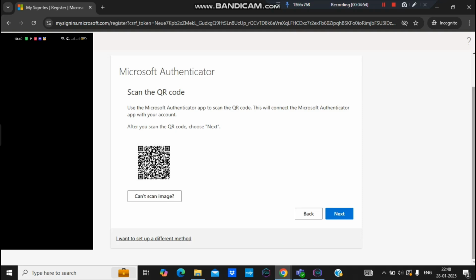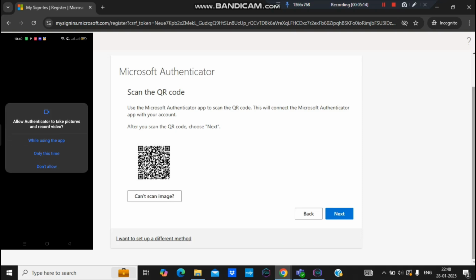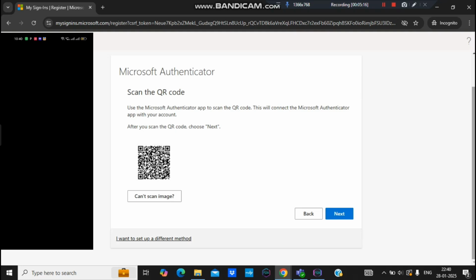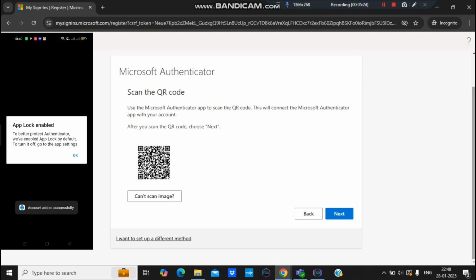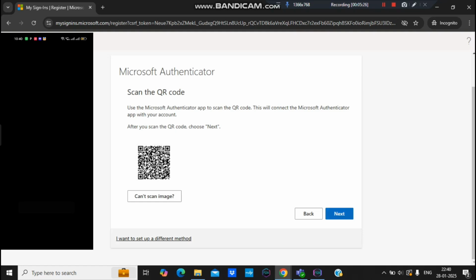Let's accept all the things and select this option. Even if you have a username or password, you can simply click on add work or school account, put in the details, and the account will be configured. However, I can see there is one more option, which is scan a QR code. I'll select scan QR code, give the permission, and scan the code. Now you can see the code is being scanned and the account is configured here. And if I hit next,